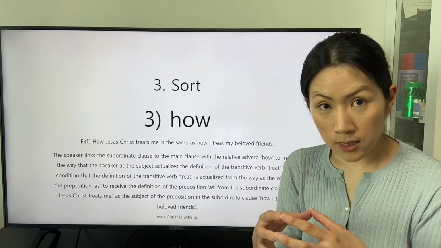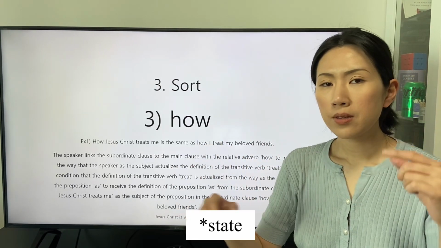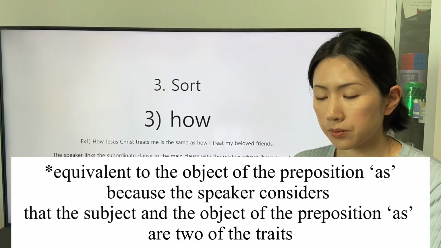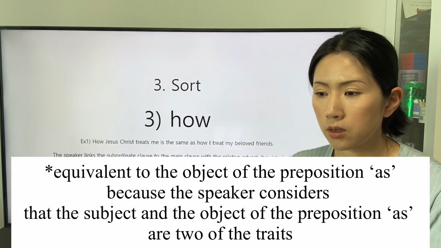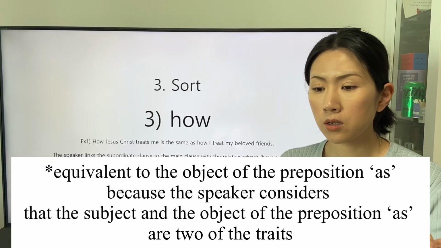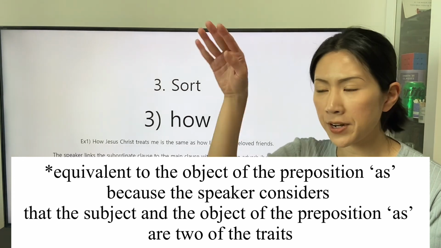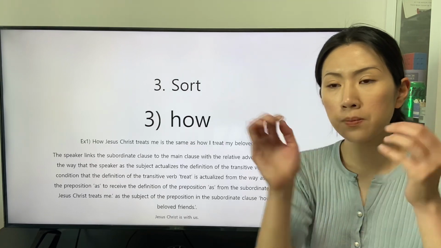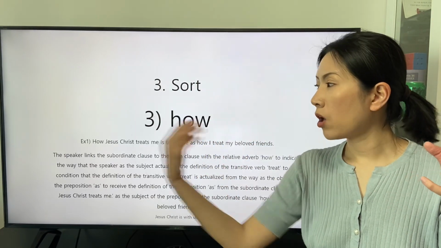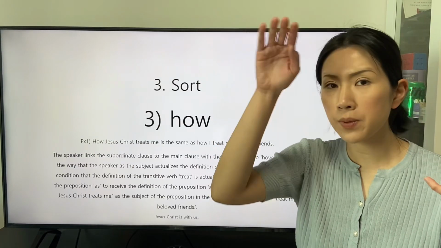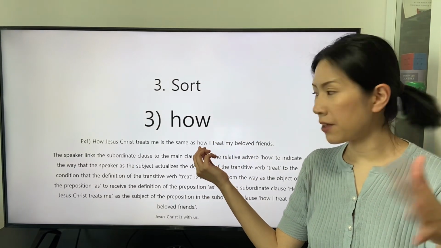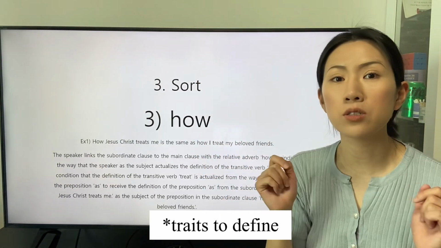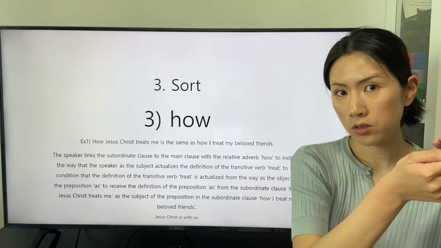The preposition as is applied to a subject to define a subject or an object. So the subordinate clause, how Jesus Christ treats me, and the other subordinate clause, how I treat my beloved friend, are equivalent. A subject or an object